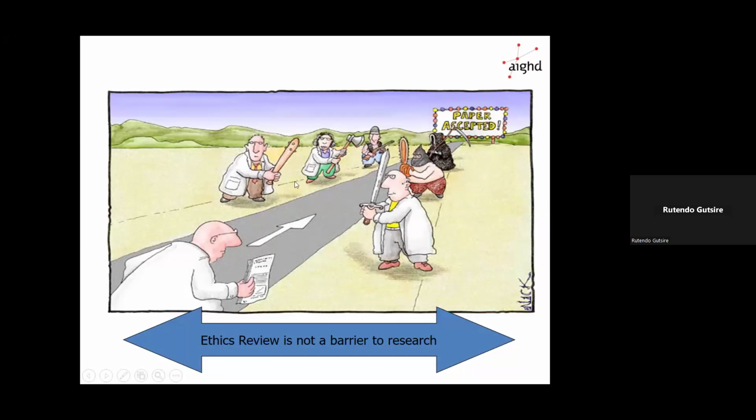This might have happened in the past when ethics committees were not properly trained, but now their role and that of the members is to promote research, to make sure that when a researcher brings a proposal, even if it is shoddy, they can guide the researcher and give them comments. It will take long, but if the researcher continues to be interested, they can in the end bring a proper proposal. So this is not what ethics review is about. We do not want to act as a stumbling block; we want to promote research.